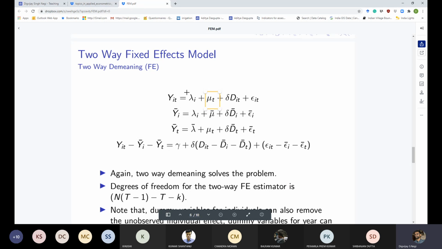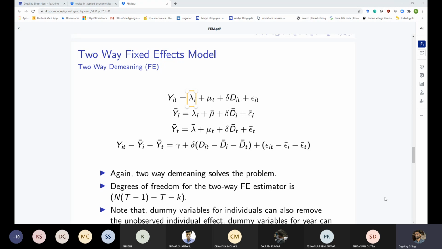Like, for example, in lambda i, we talked about what these lambda i's can be. So these lambda i's can be things like, going back to the example that we were talking about, agricultural productivity and training program. These lambda i's could be soil quality, natural condition, geography, policies, those kinds of things, right? So weather conditions which don't vary over time, geographical location, slope, altitude, mean temperature, or those kinds of things. They may not vary over time, but they vary across individuals.